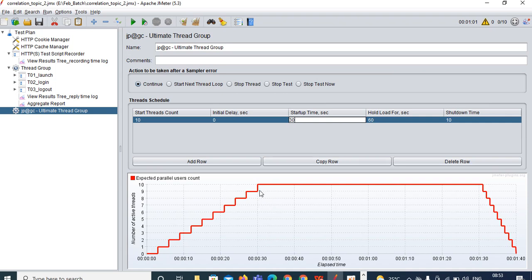You can see after 30 seconds all the users are active at that moment. Okay, how much holding time have you given? You have given 60 seconds, so you can see the constant straight line for 60 seconds. After that, you have given the shutdown, so the users are going down. That is how you can understand these numbers and correlate them with the graph. Okay, so let us assume